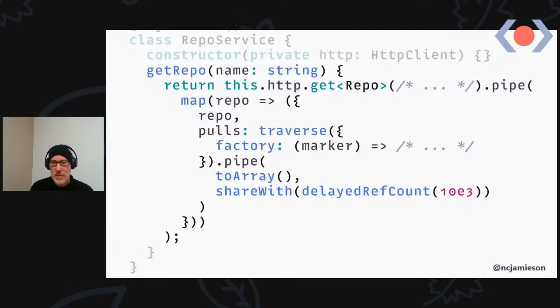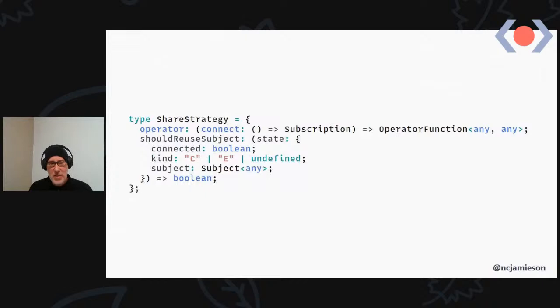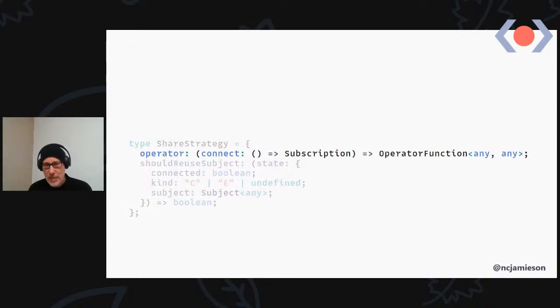So the way this works is the strategy that's passed to shareWith has this shape. Once again, it's injecting an operator into the pluggable API. So we're going to plug an operator in. It's going to fit in with the infrastructure that's inside shareWith, and it's going to coordinate with shareWith when it connects. So shareWith, when it receives a strategy to create the operator, passes a connect function to a method that returns the operator function, which gives the operator, which is going to mirror what it's receiving from the source, the opportunity to do its own reference counting.